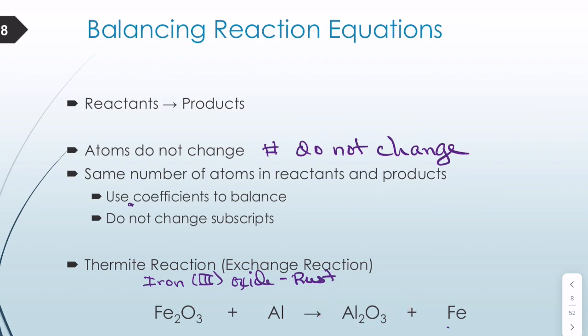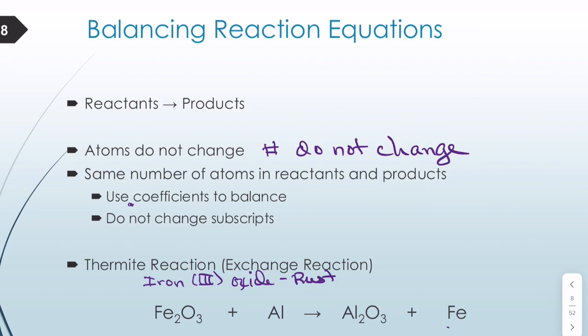Now this is a simple reaction that's called an exchange reaction. It's also a reduction oxidation reaction, which we'll talk about in a future video. But what you'll note here is very simply that we're seeing a simple exchange. The oxygen that was attached to the iron, associated with the iron, now becomes associated with aluminum, and it frees up the iron. Simple reaction. Okay, so here is the reaction. We're starting with the iron 3 oxide, reacting with aluminum, and we'll generate aluminum oxide and iron.